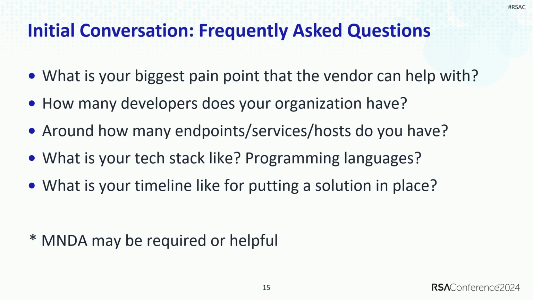What does this mean? So when you put together this vendor evaluation process, and then you work with your proof of concepts, once you start working on your POCs, it's going to take some time to set everything up. There's an increase in complexity once you have more and more vendors that get through the next phase. So you want to scope these out immediately so that your timeline doesn't get too affected by any of these nuances along the way. And lastly, I wanted to mention that some of these questions might require an MNDA.